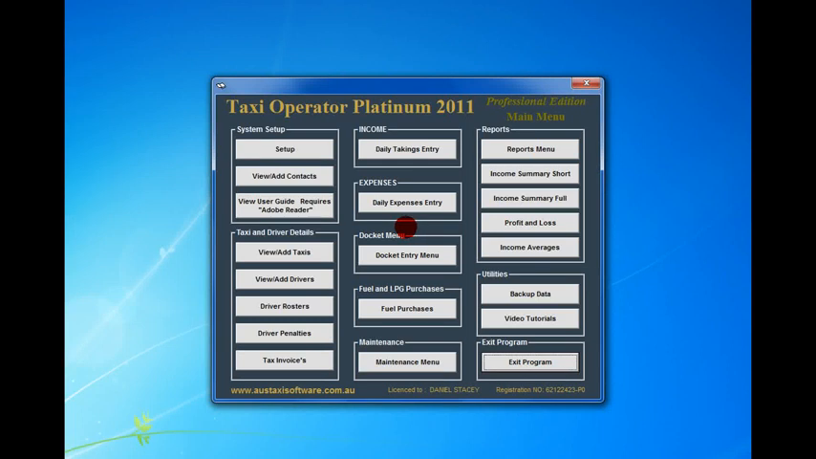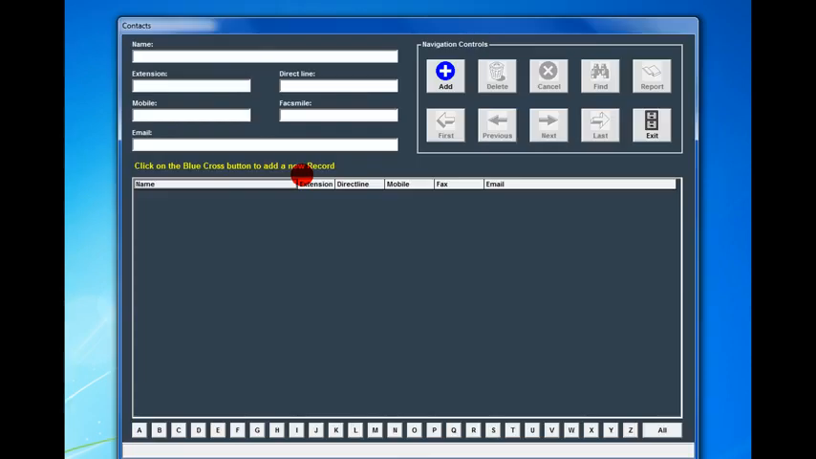This next tutorial is on how to add contacts to the database. Now this will be handy for storing mechanics' phone numbers, things like that. So to add a contact, you simply move your mouse till you see the view add contacts, click on it once. Now to add any record to Taxi Operator Platinum, you have to click on the add button, so click